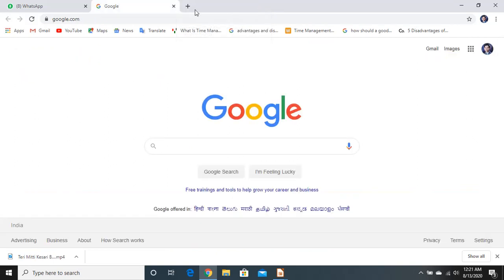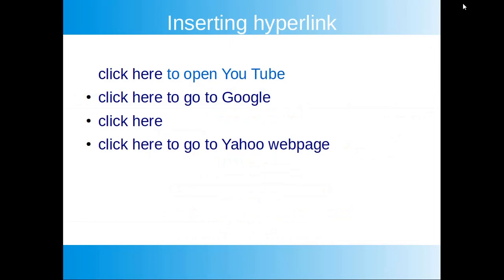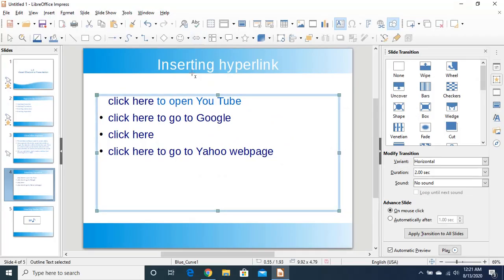And now I think it is clear to you all what is all about your hyperlink. It is actually a text, it may be any image, it may be any object on which when you will click it will move you to some other presentation or page or web page, anything. So student, this was all about your lesson number 4, right?